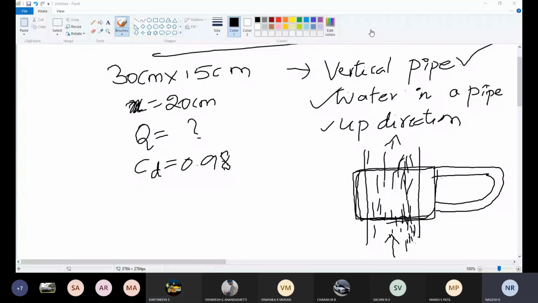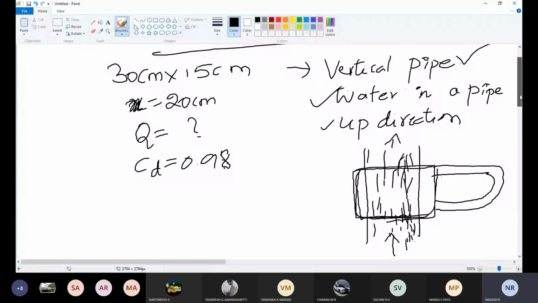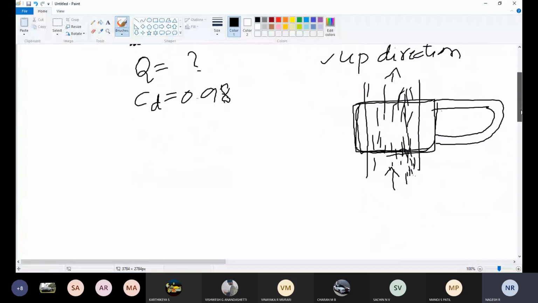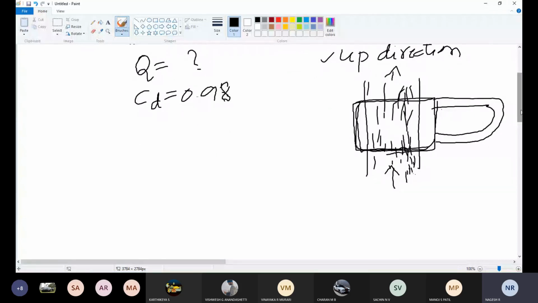Okay. See now, this is a very important thing. Once you are good with which formula you need to take, then the remaining everything is very much easy. You just need to find out whether it is related to the heavier liquid or the lighter liquid. If you take a wrong formula, then the whole problem will be wrong.